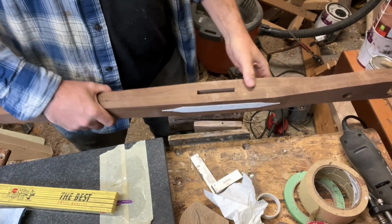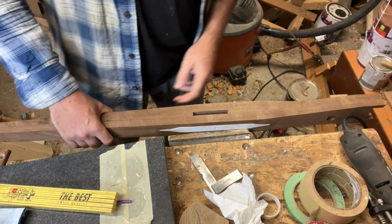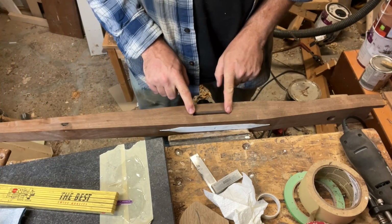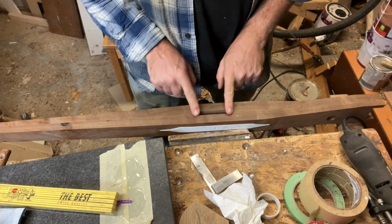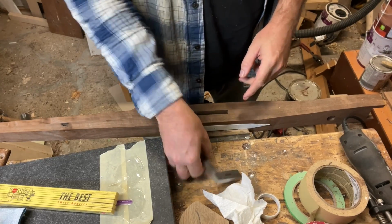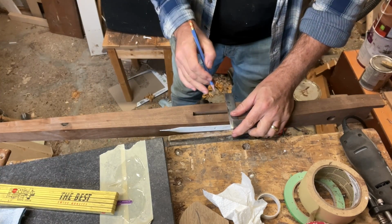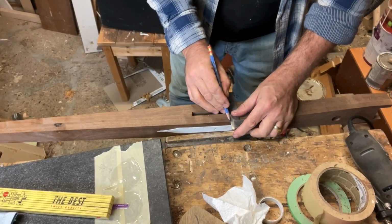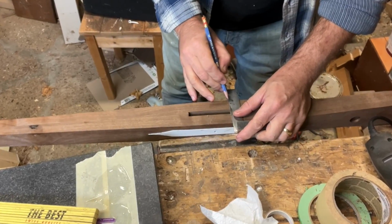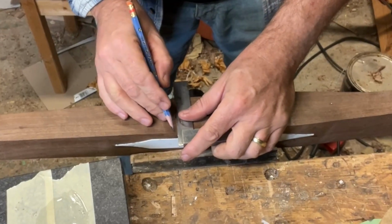Now for this one, the trick here is to make sure that you know where the slot is for the trigger. So the way that you do that is actually quite simple. All you need to do is mark it out a little further out than when you're actually going to be cutting the inlay, the edges,